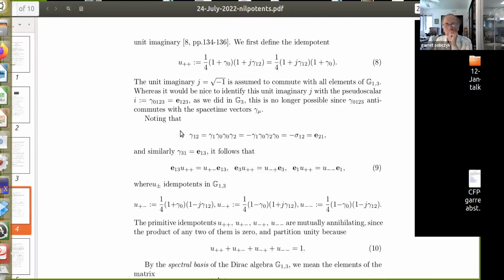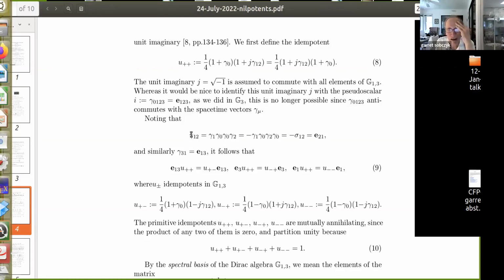Okay. Notice that if you define I equal to gamma 0, so normally, of course, you would be taking Dirac matrices, gamma 0, gamma 1, gamma 2, gamma 3. That's identified with the geometric pseudoscalar in the geometric algebra G3. This is no longer possible since gamma 0123 anti-commutes with the space-time vectors gamma mu. Okay, well,